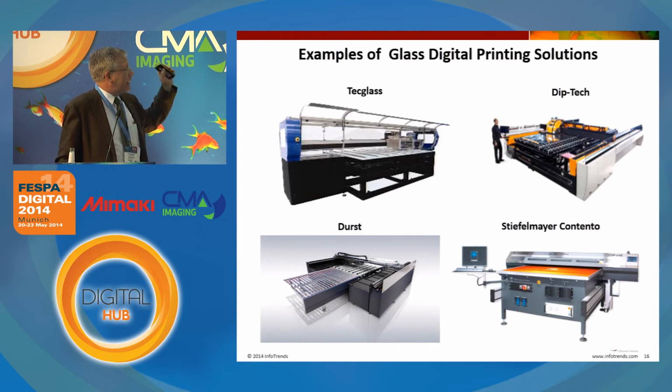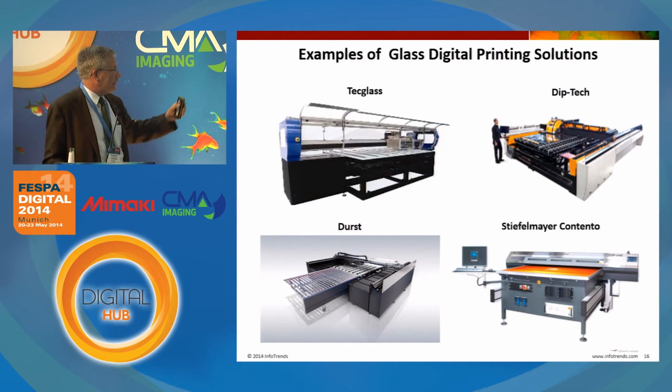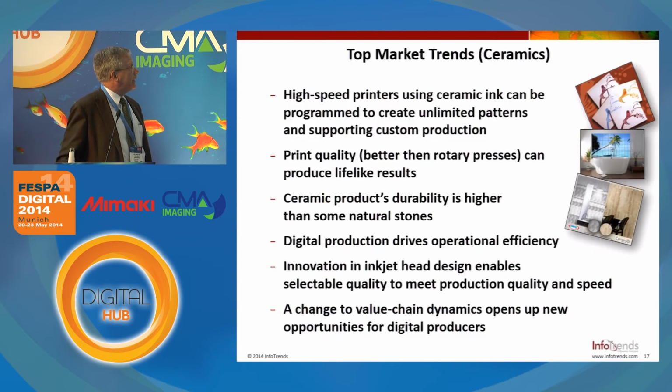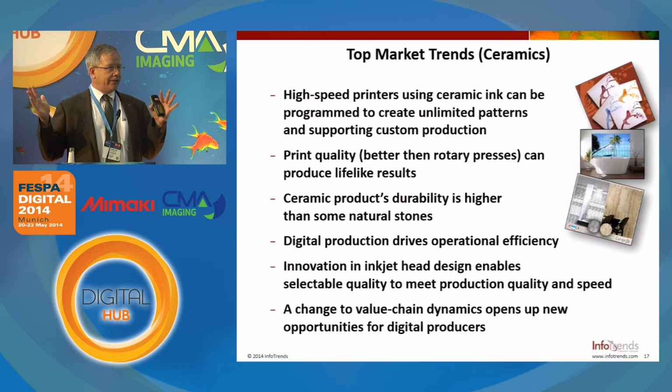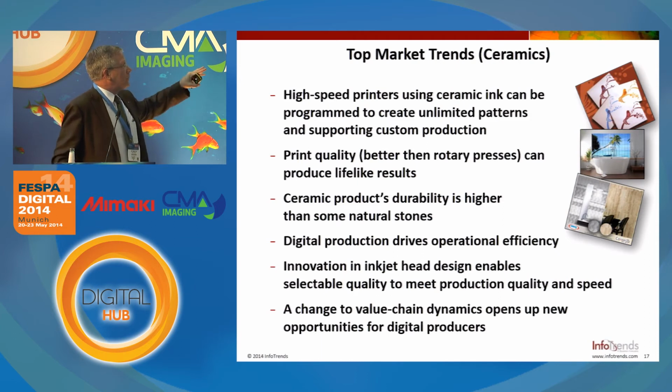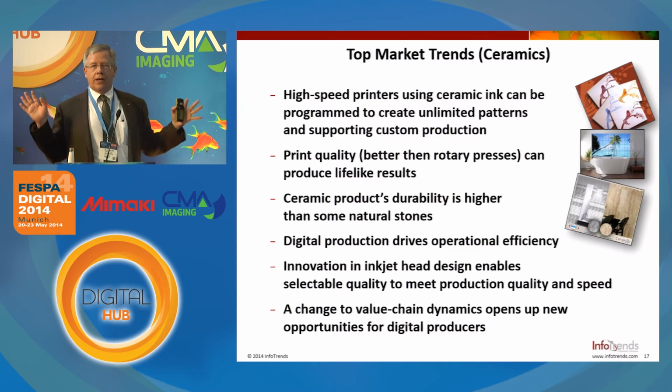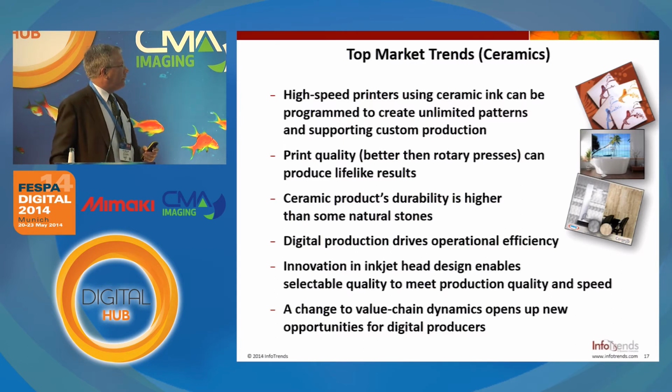But in any case, so Tech Glass, Dipket, Dirk, Stiefelmeier, Contento, all involved in that side of the glass production marketplace. All right, again, I said I was going to fly through this, so we're going from glass to ceramics now. So high-speed printers, typically using ceramic types of inks,